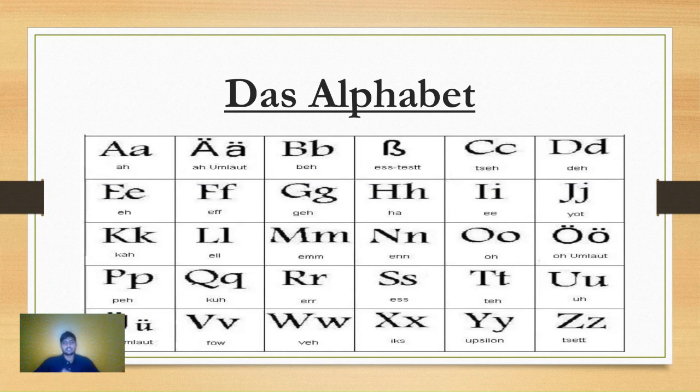So if you learn these 30 letters correctly, then you will be able to understand vowels and consonants in the next